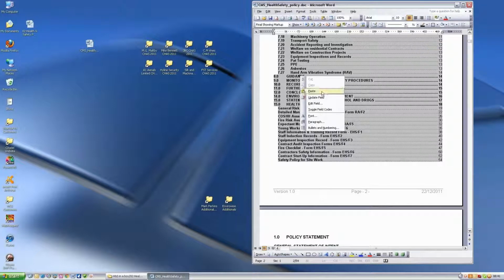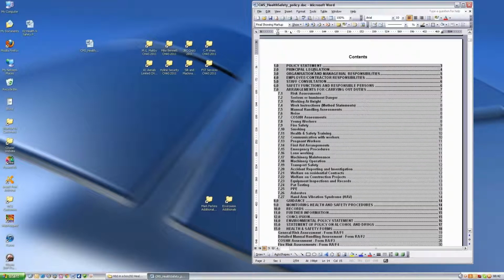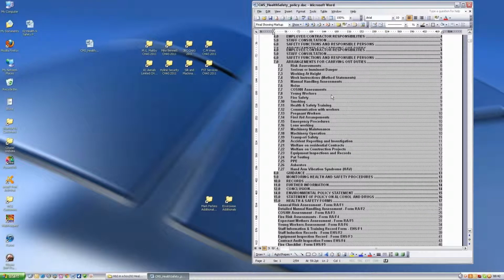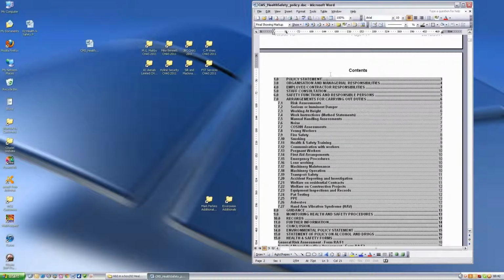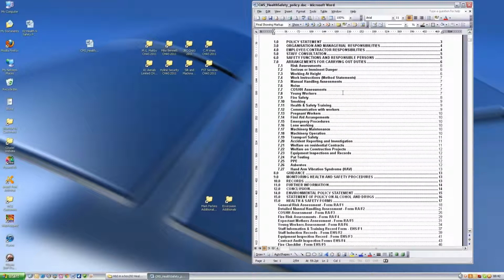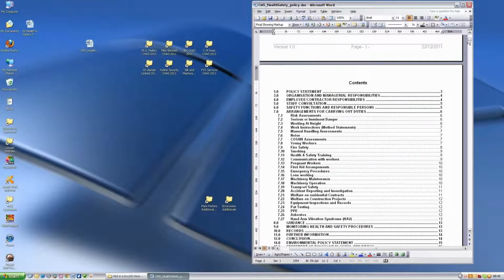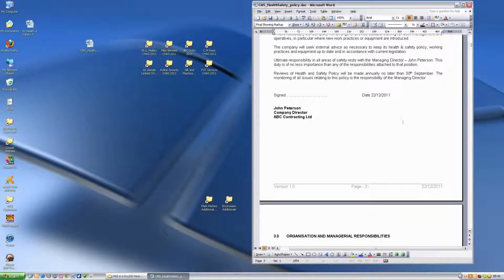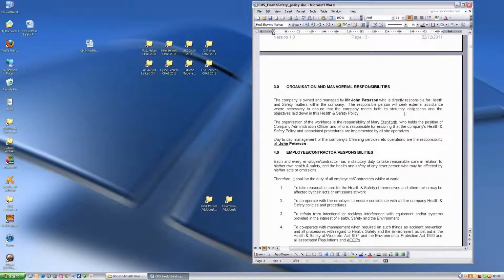Now I'm not sure if he's got a table of contents here. Fantastic. So if we go up to the table of contents, right click and go to update field, then the legislation would have been taken out. So again, what you can do is, if you want, you could remove the table of contents if you're not comfortable doing this. So as we scroll through,